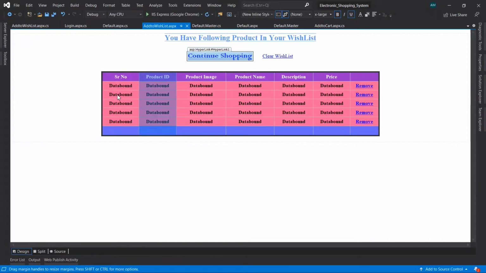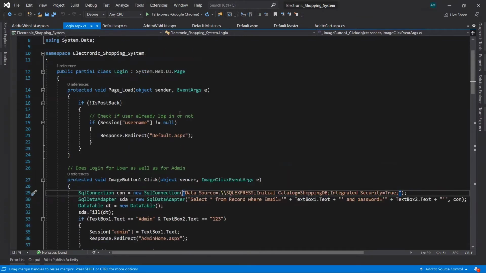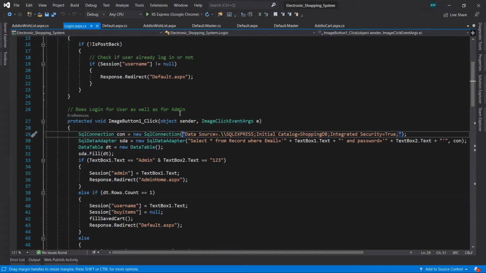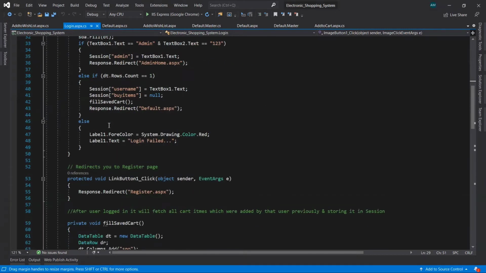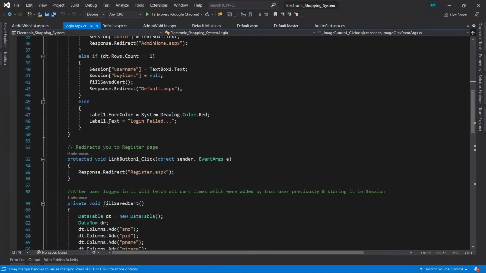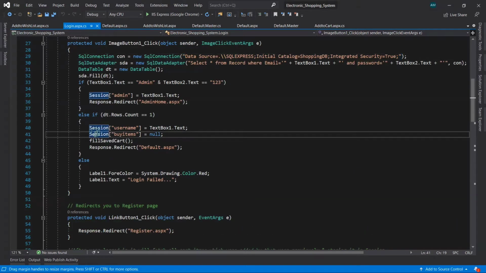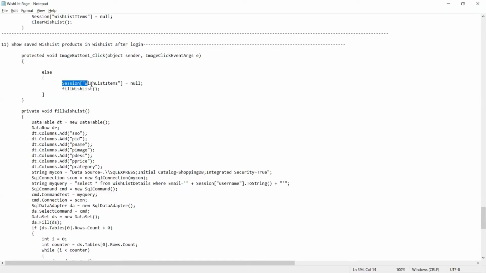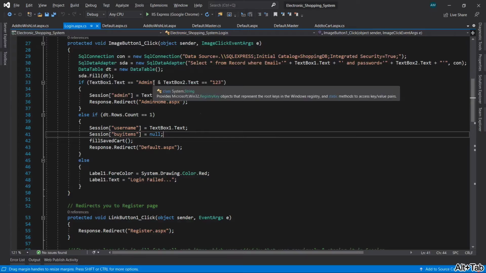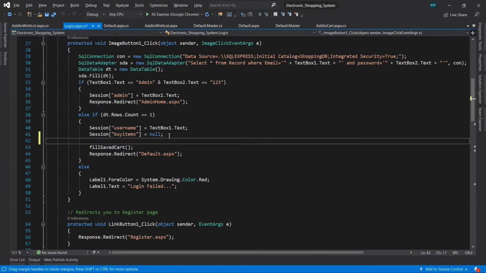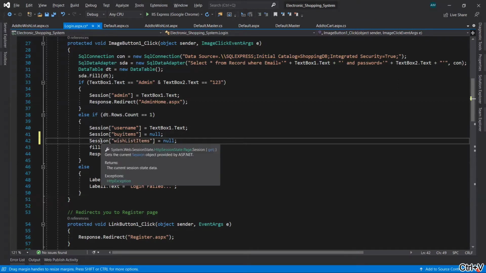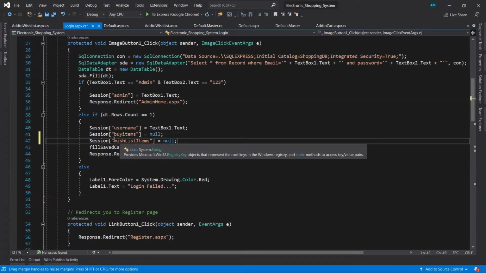Stop the debugging mode. Now go to the login page. Here add Session wishlist items equal to null.